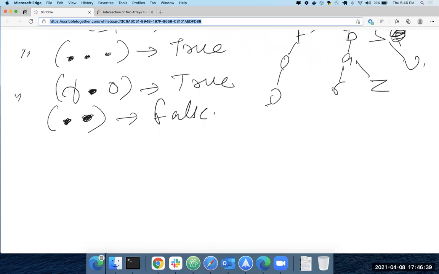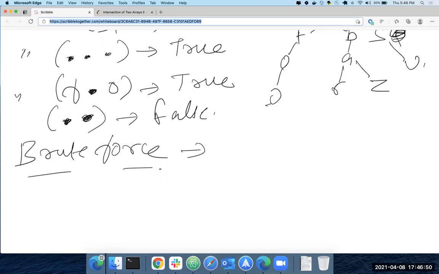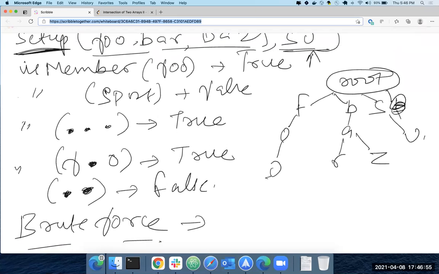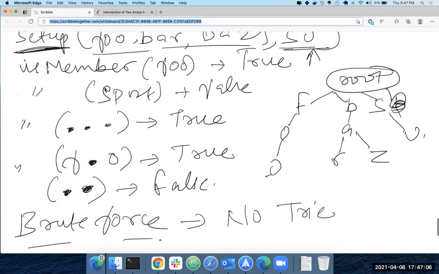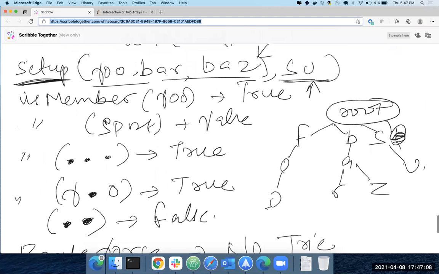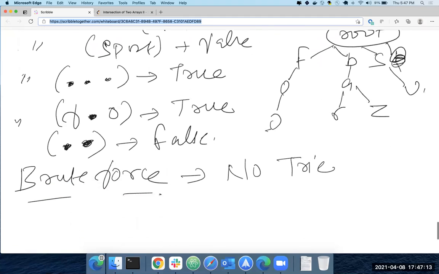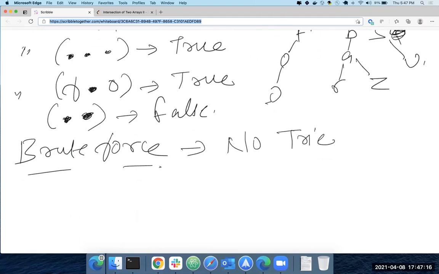Wait. So first, what is your brute force? Let's first talk about no trie, but brute force. Otherwise, if we directly jump to trie, you go through each character you're looking for, right? And if there's a word in the dictionary that starts with that character, then you check that particular word against what you're looking for. Otherwise, go to the next word. So you're basically checking every word in your dictionary.